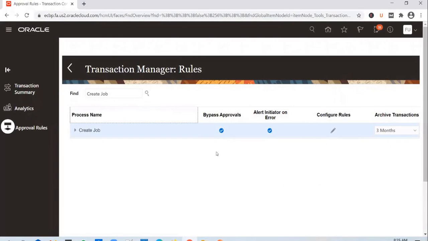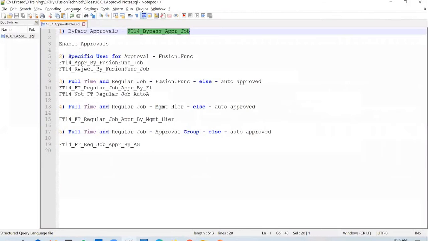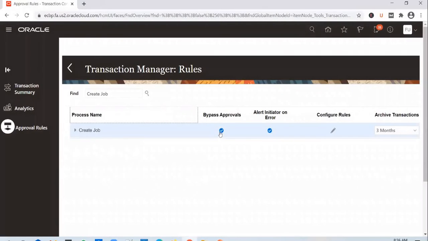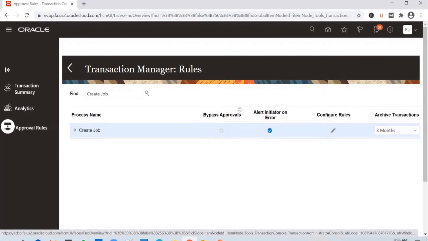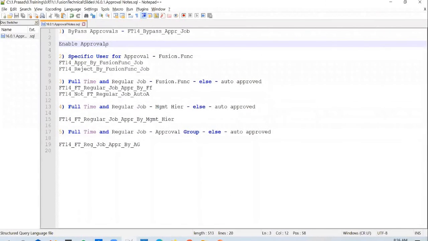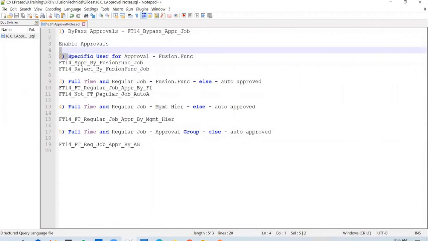Right? And that's a bypass approval. That's how it works. But let's say that the client has changed his mind, or say for a different use case, client said that no, we need approvals to be enabled. Okay, well and good, we will enable approvals for that. And how do you enable approvals for a specific process? All you have to do is uncheck this box. So if you uncheck bypass approvals, that means it's like enabling approvals. And then the moment you enable approvals, you have to ask the client as to who should be the approvers for that particular transaction. So when a job is created, whom should it go to for approval? And let's say the client has said that it should go to a specific user for approval.